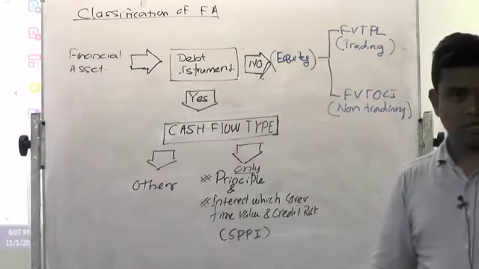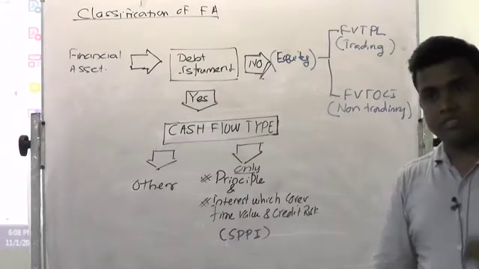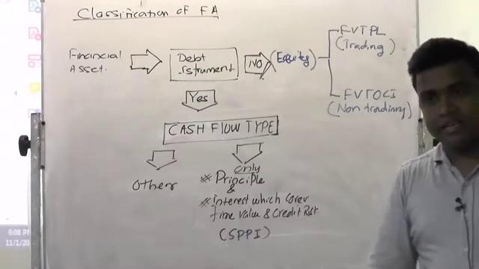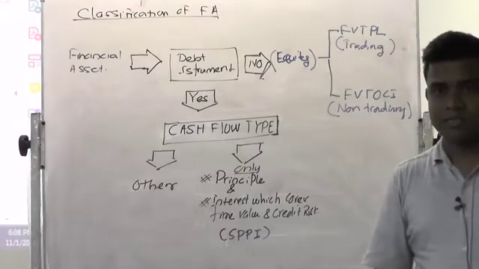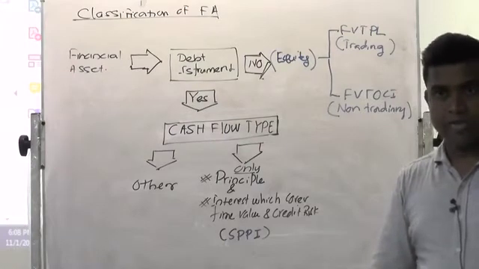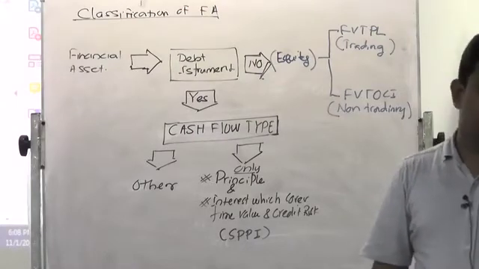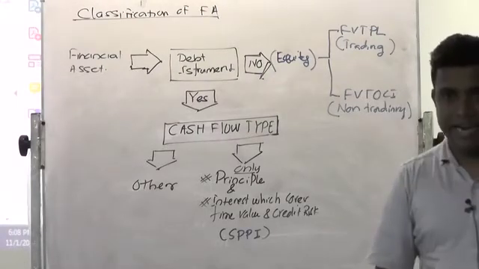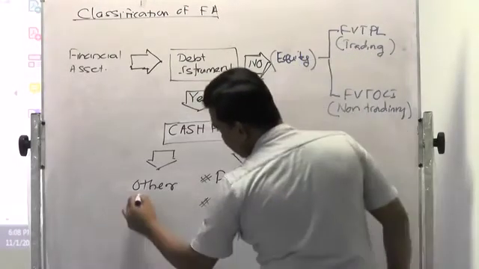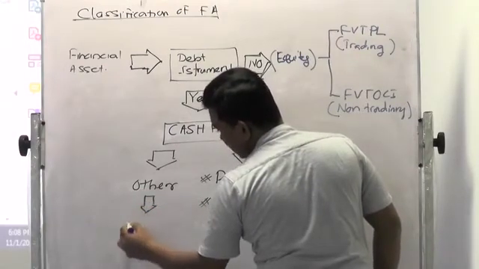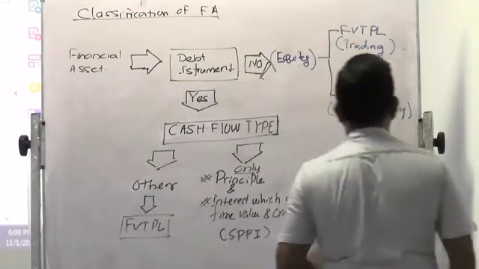I will give you a loan to construct a 100 stories condominium property building. I will ask you to pay the capital. I will ask you to pay the interest. In addition to that, I will ask you for a 1% profit share. What am I expecting? Principal, interest, profit share. More than principal and interest. Clear? Those are outside SPPI, not solely payment of principal and interest. Those are other. If it is other, it will be measured with no option, fair value through P&L, like this.